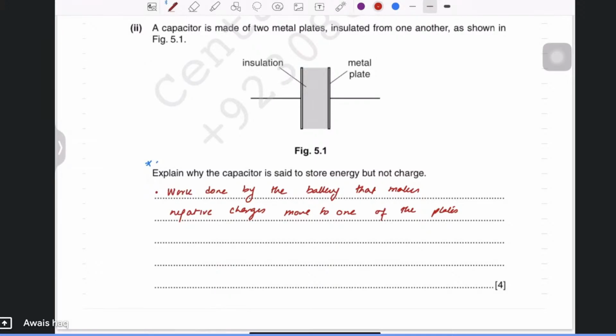Okay, then due to the repulsion, the plate removes one charge from it, then hence